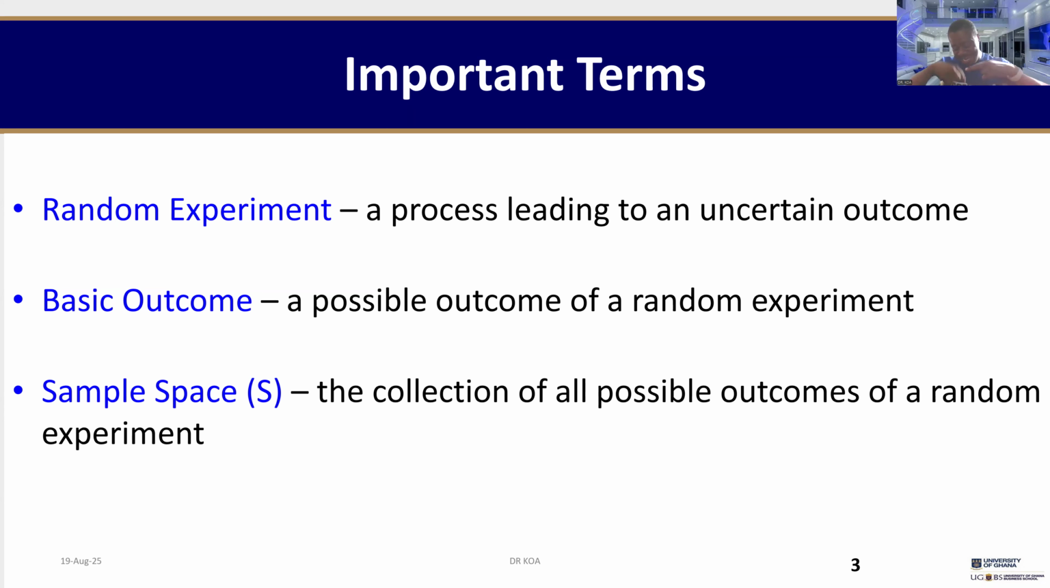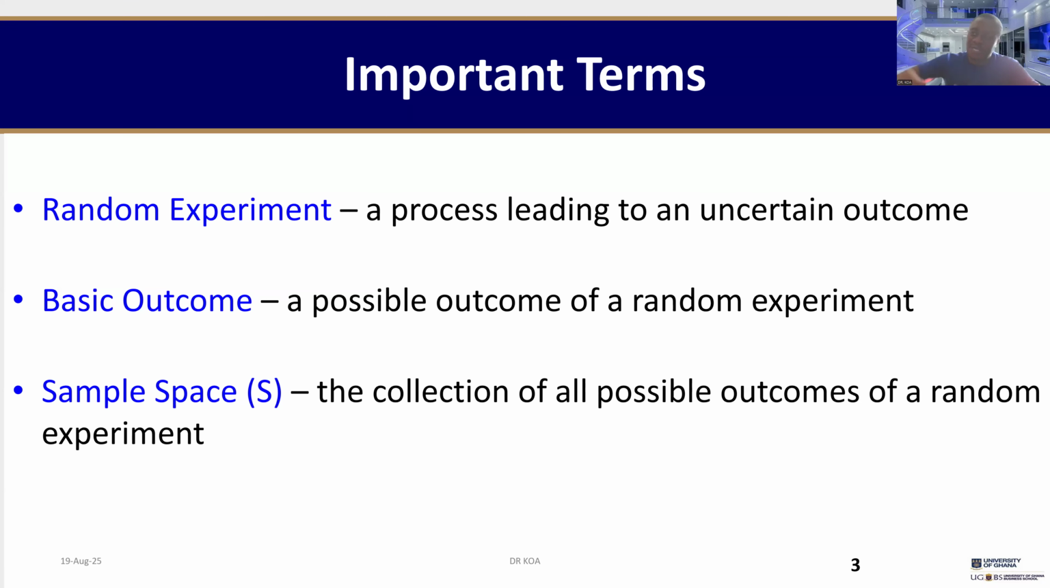And anything where you can't predict what's going to happen is a random experiment. The outcome of the random experiment is what we call the basic outcome. And the experiment could be done multiple times. For example, I can throw the coin once, twice, 3 times, 4 times. That creates what is known as a sample space, where it is made up of several outcomes of the random